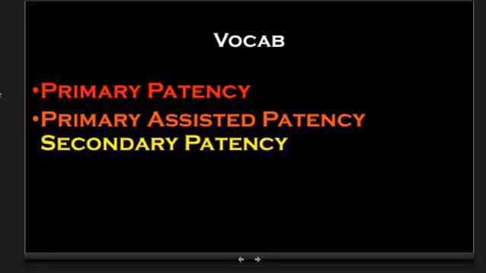All right, so I just want to quickly hit on 3 vocabulary words here that I think are potentially testable: primary patency, primary assisted patency, and secondary patency. Primary patency is your intervention-free access survival. Most places will define this as the interval from the time of access placement to any intervention designated to maintain or reestablish patency, to access thrombosis,